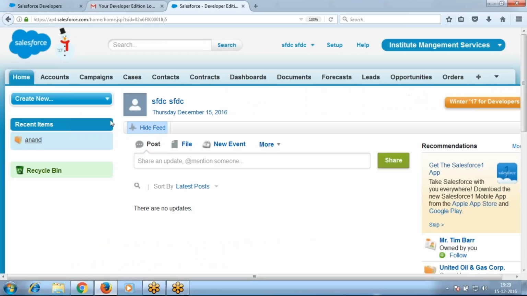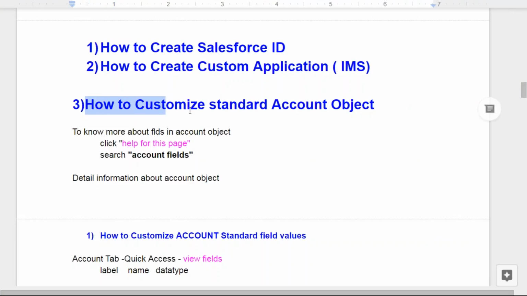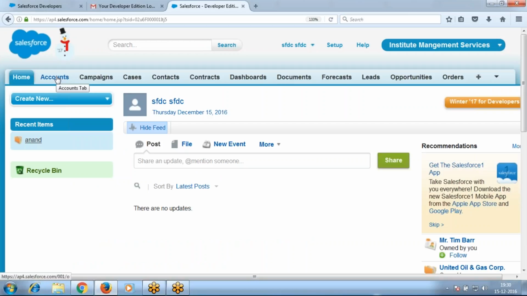The first step is how to customize the standard account object. What does the account object discuss? Customers. When you are using Salesforce software for your business, first you should enter the customer details. Those customer details you should enter into the account table. Now when you click account,